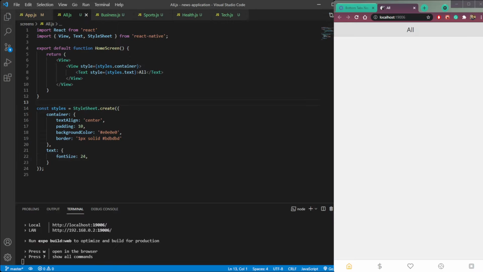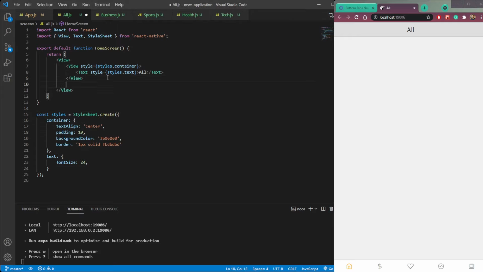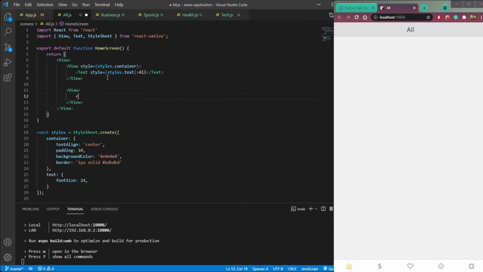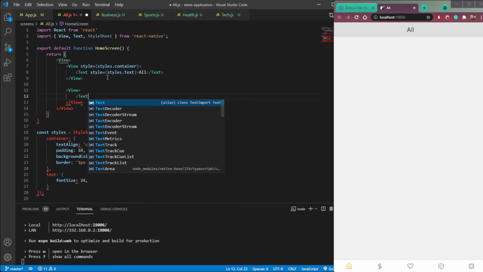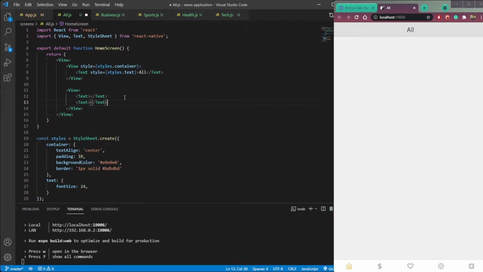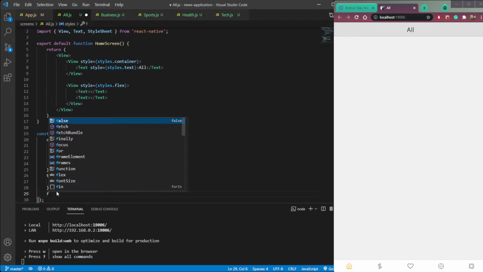Now let's create our list that will show our news data, headlines, date, description and all. So inside this view create one more view, and inside create two text elements, so text and then text. Give this second view a style of, let's say, styles.flex, then here let's declare flex.